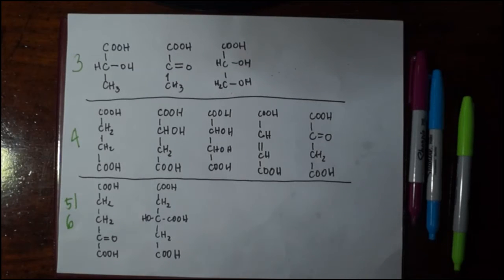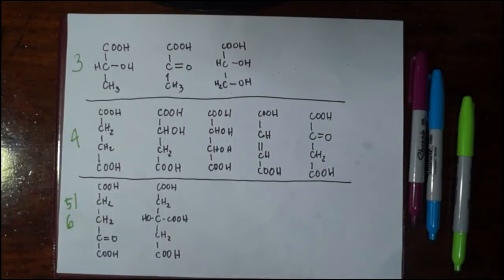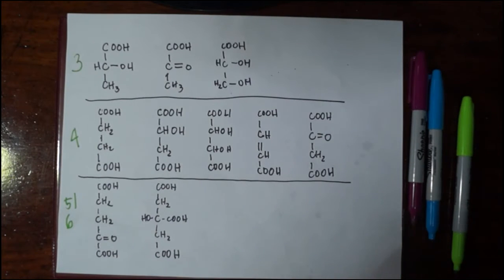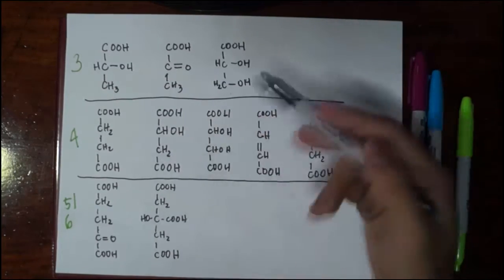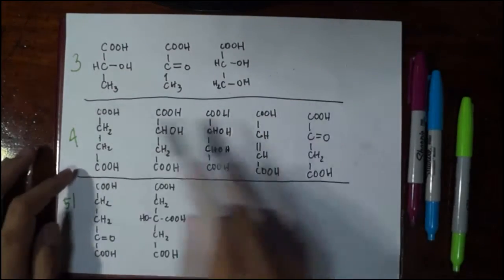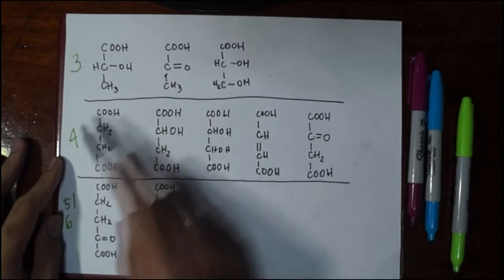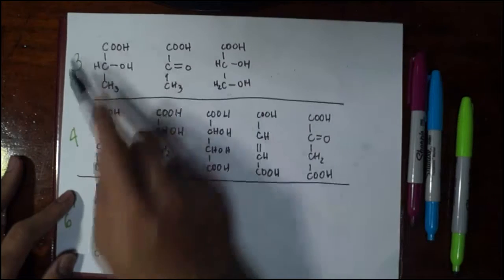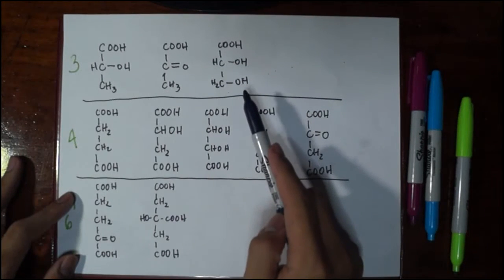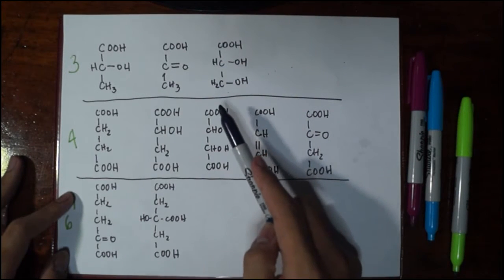Before we go deeper into the other topics after glycolysis, I would like to take this video to briefly orient you guys on the common acids that we have encountered so far and that we will encounter later on. They are divided here according to the number of carbons. Here at the top we have the 3 carbon acids, then the 4 carbon acids, then the 5 and 6 carbon acids. The 3 carbon acids are actually the ones we have most likely encountered in glycolysis, because